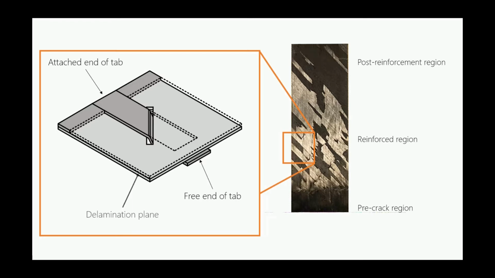The delamination will initially progress in the plane between the ply containing the tab and the ply containing the slit, as indicated. Note that the ply containing the tab has been made partially transparent to aid visualization. The desired crack path would be for the delamination to remain in this plane, growing under the tab as indicated by the dashed arrow. In this case, the tab would bridge the delamination, increasing the fracture toughness.